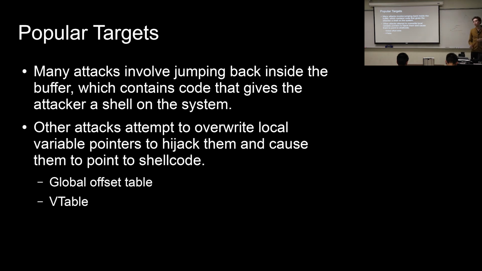Same basic principle with the V table, which is called a virtual table. It's where pointers to virtual functions are, and I have no idea what a virtual function is, I just know that they exist. It's almost the same concept. You can overwrite pointers in the V table, and the next time those virtual functions get called, boom,